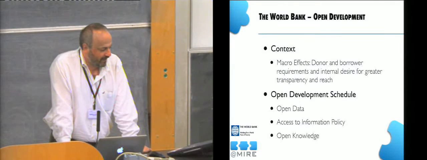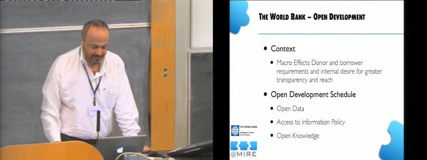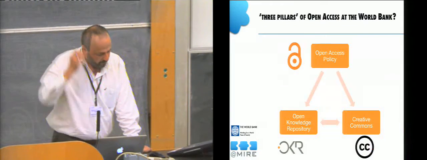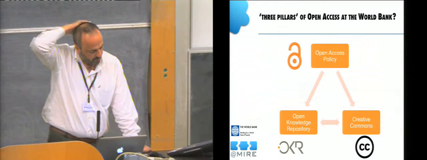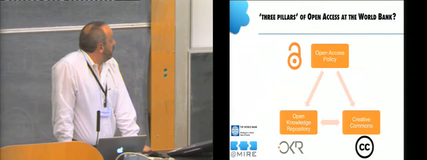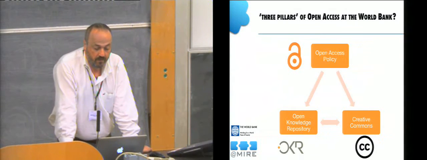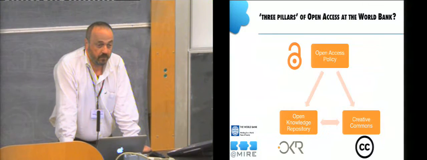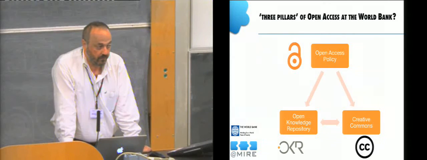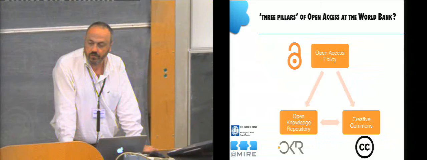Until towards the end of 2011, we were given a very short deadline for actually delivery of the repository. I guess that's the danger of working in an organization like the World Bank. But in terms of the open knowledge agenda, the open access repository at the World Bank, there are three main elements to it. I'm going to talk mostly about the open access policy that we've implemented. I'm going to talk a little bit about the adoption of the Creative Commons license, and Tom will talk a bit more about the fundamentals of our open knowledge repository, which we launched in April.